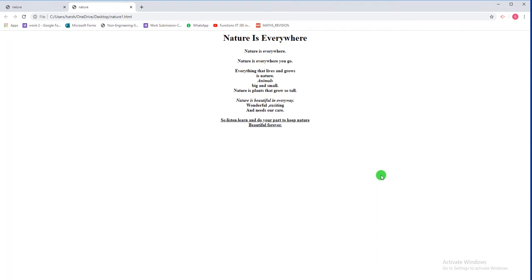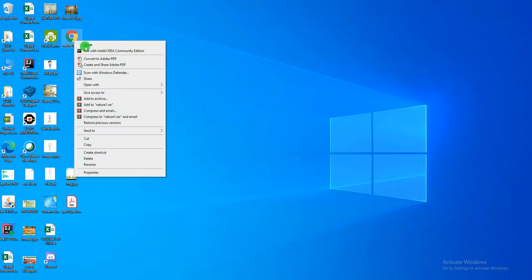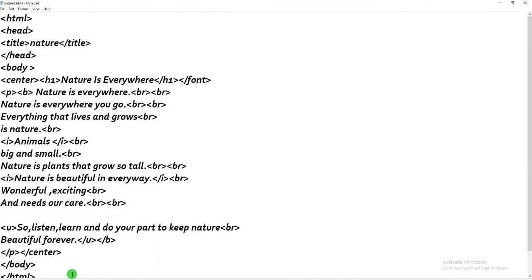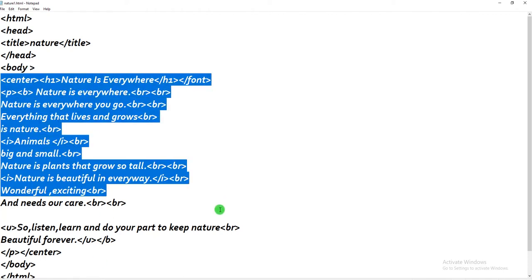Now children, whenever we need to do something which is for the entire text, we need to give changes in the body tag, because we had done that the body tag is the tag which is responsible for making the text appear on the page. Like if I see the notepad version of this, this is how it looks. Inside the body tag, whatever I had written, that all is coming on the web page. Whatever text I had written inside the body tag.